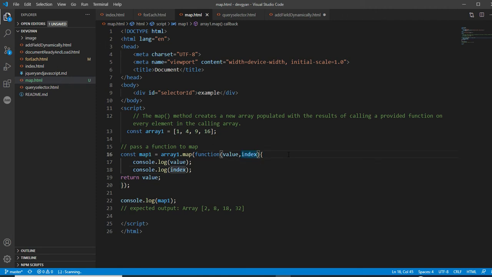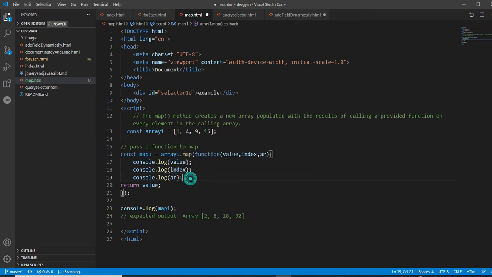And now let's take a third parameter, maybe say AR, and console log AR. However, the first argument is mandatory, and the rest you can treat as optional. In some cases you can use this index. It means you have the information of which index you got a value for.